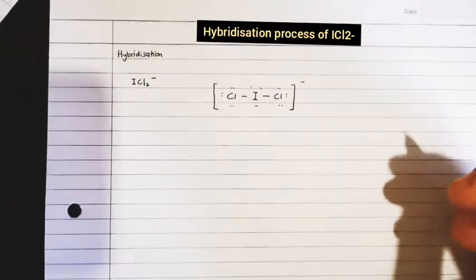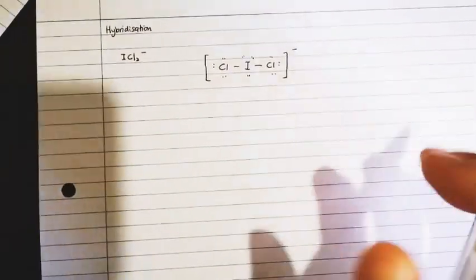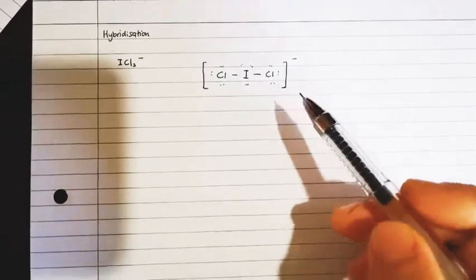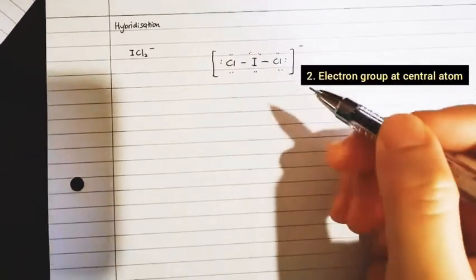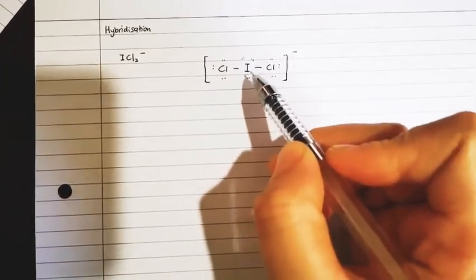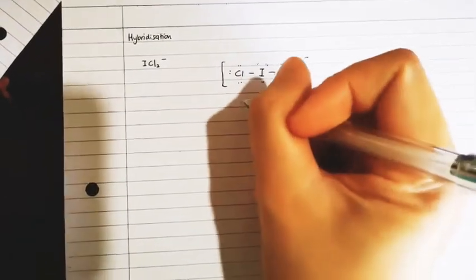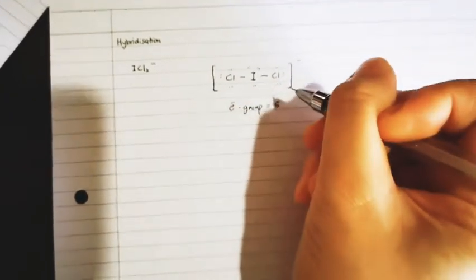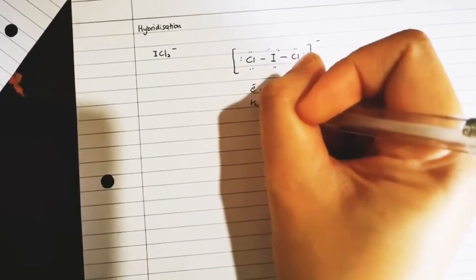Let's learn about the hybridization process in ICl2-. First, we already have our Lewis structure of ICl2-. Next, we determine the electron groups at the central atom. Look at I. So we have 1, 2, 3, 4, 5 electron groups. Electron group is 5. And when electron group is 5,